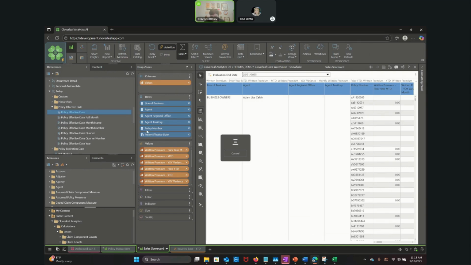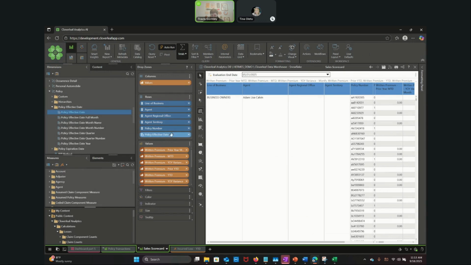All right, and so while that's being added to the report, the thought process here is that if we were to combine these two fields, the policy number and policy effective date, this would be a unique identifier that would give us every row essentially on our legacy or external data source. So at this point, we would need to verify how that identifier is being created within the legacy